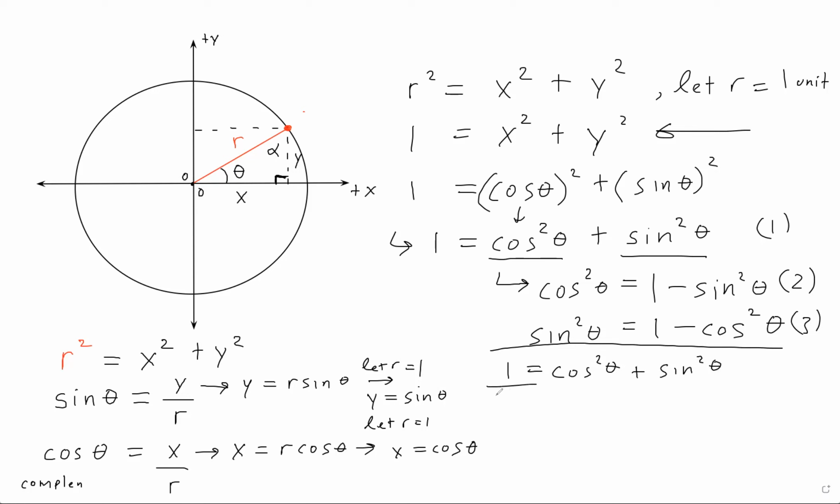So we divide by cosine squared theta all the way through. 1 over cosine squared theta is secant squared theta. So secant squared theta is the reciprocal of cosine squared theta. Cosine squared theta divided by cosine squared theta is just 1. Sine squared theta divided by cosine squared theta is just tangent squared theta,